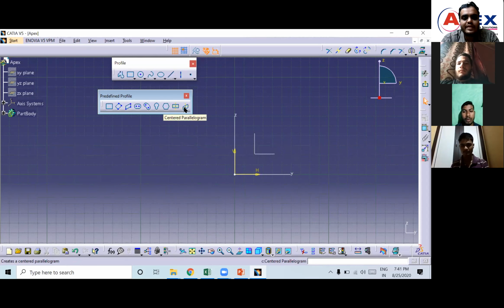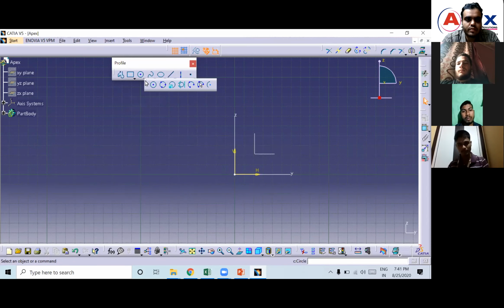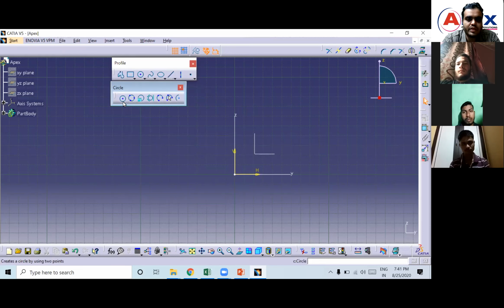So next we have centered. This is not required. Leave it. So I'll just close it. Everything, we have finished the predefined profile. So next we have circle. See here. Here we have circle. So first is normal circle. Click on the normal circle. Click the center point and you can create it. Okay. So next we have 3-point arc. Select this. So first point, second point and third point. Next we have points, circle using coordinates. Circle using coordinates. Click this.